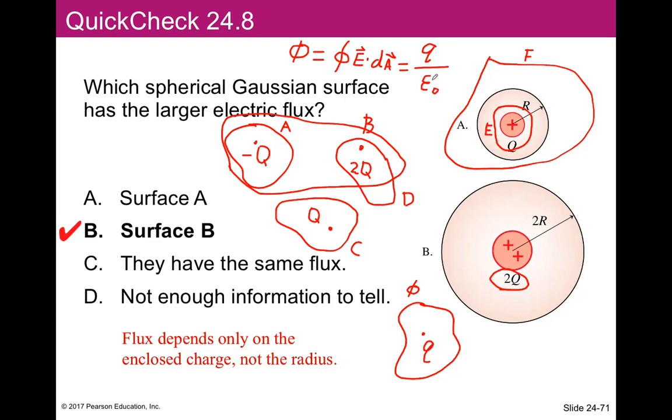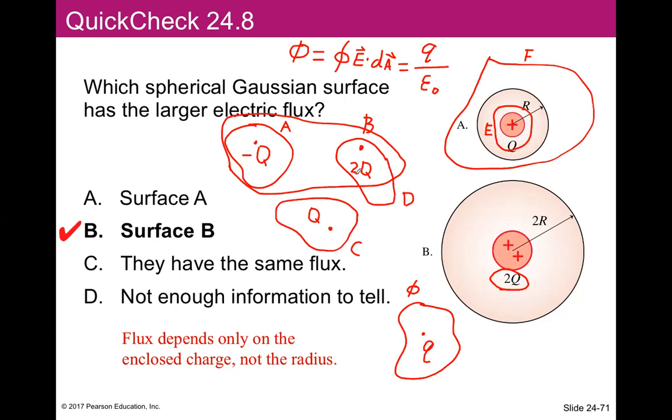That's also the flux. So Q is the net charge inside the surface. So let's say in A, what's the net charge? Negative Q. In B, what's the net charge? Q, and in C, Q. So actually, the flux for B and C are the same, even though B contains 2 charges, C contains 1 charge, but the net charge is the same. So they will have the same